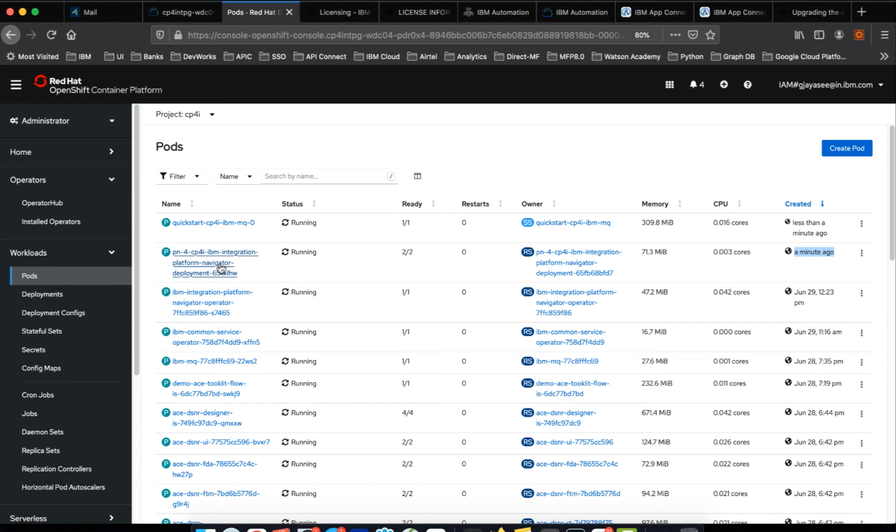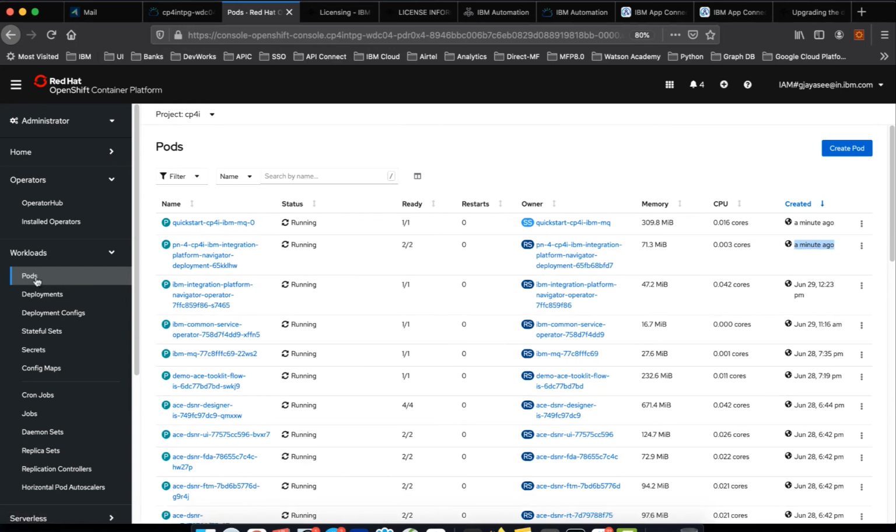This is the platform navigator deployment view. So let's wait, because once this is done, there'll be a change in the UI.